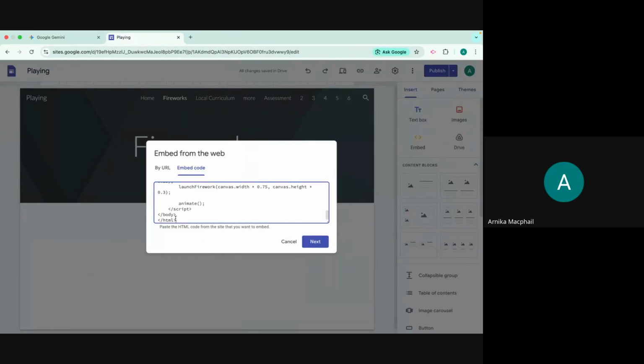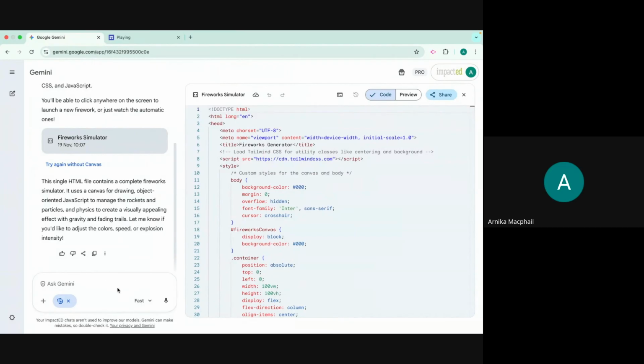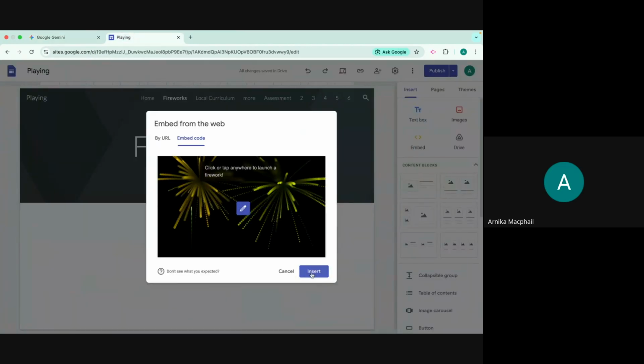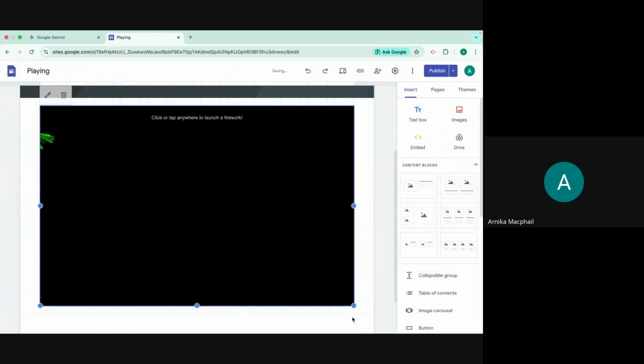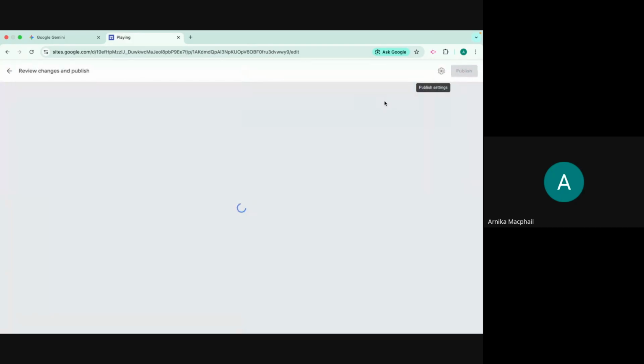And I double check, does it say HTML at the end and HTML at the start? It does, good. Sometimes it misses that and I have to go back into Canvas and say, please ensure this is set up as an HTML code. So then I hit next, there we go, insert, and I can move it out so it takes up as much space as I want to. And then when I hit publish,